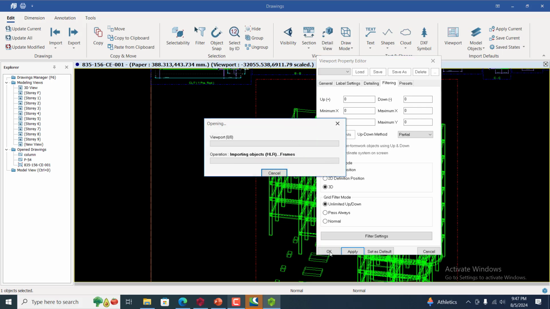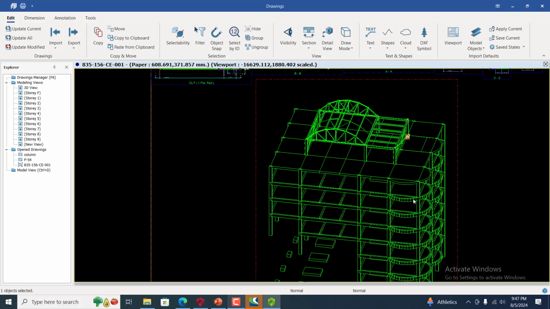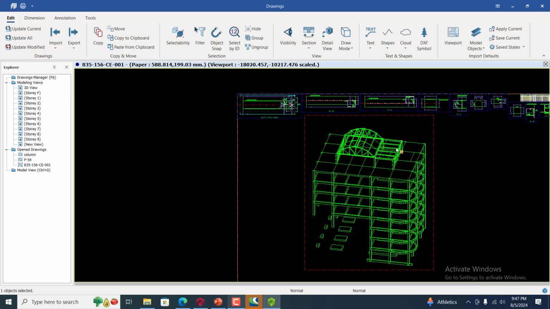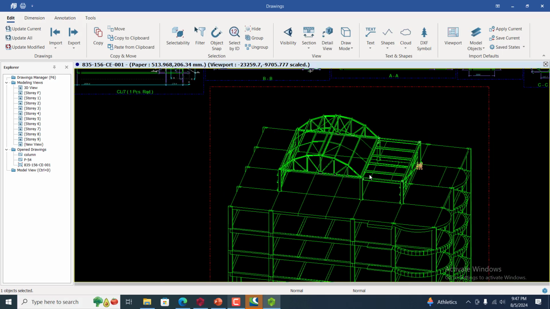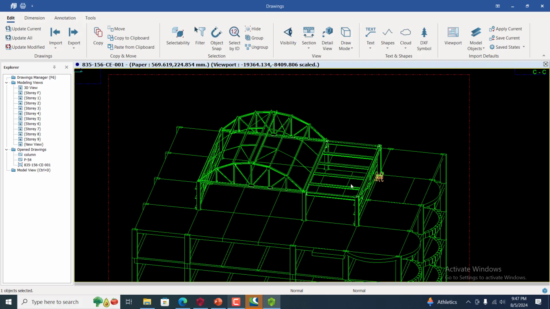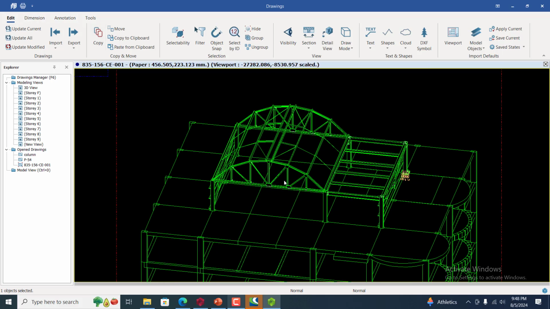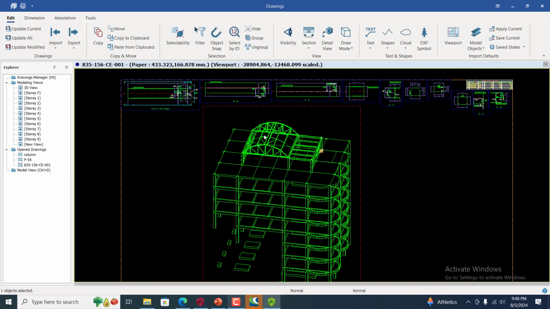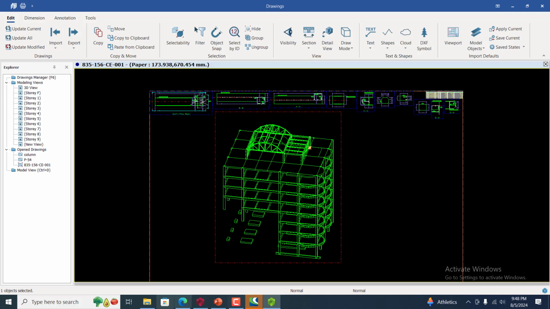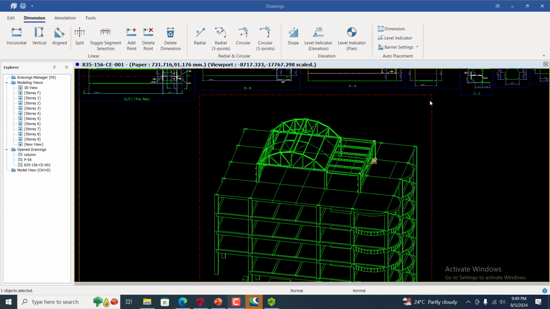I click on apply, and click on OK. Now you can see our model is looking way better actually than the previous one we had, right? All right. If you could remember, although we've hidden some of the members, but let's see